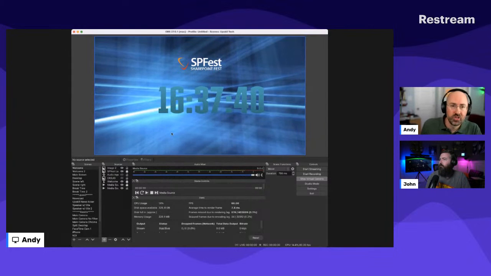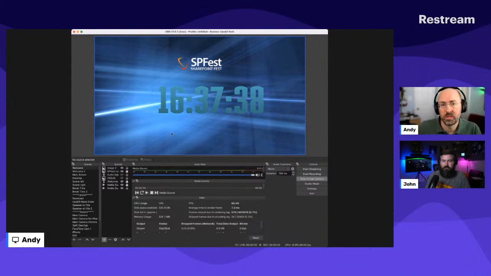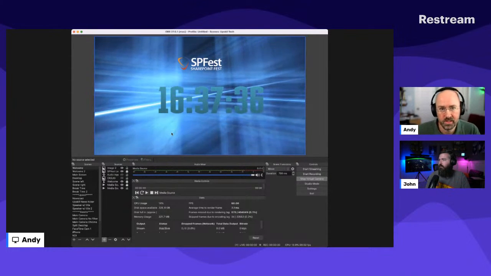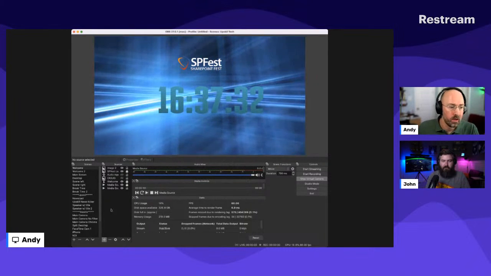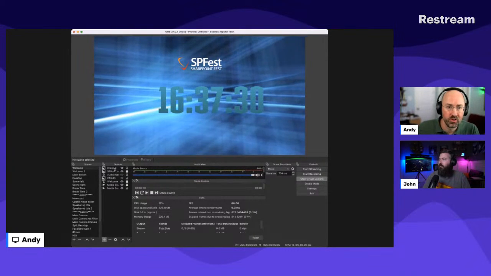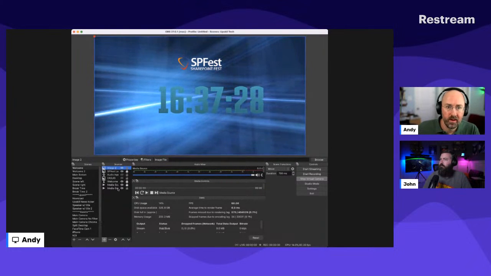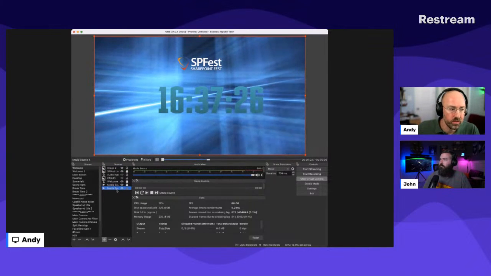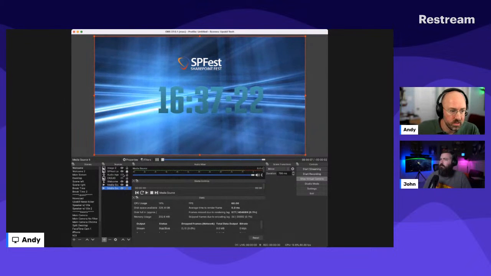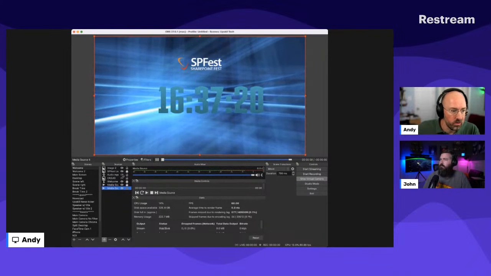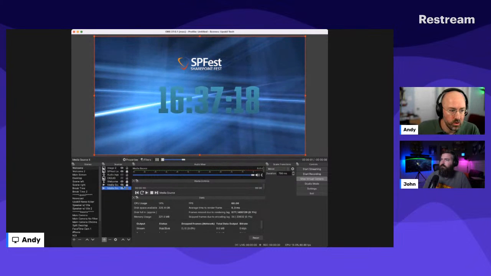So you can see, I just dropped in what's called a media source. In this case, it's just an animated GIF. It's a small little file that plays, and I just moved it to the back. So there's layering. In the sources section, you have the top layer, and then you have your background layers. And how you layer things actually matters. And inside of here, you can turn things on or off. You can turn the visibility of things on or off, depending on what you want to see.